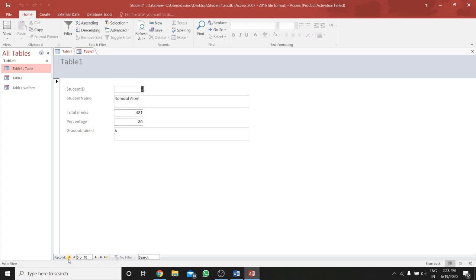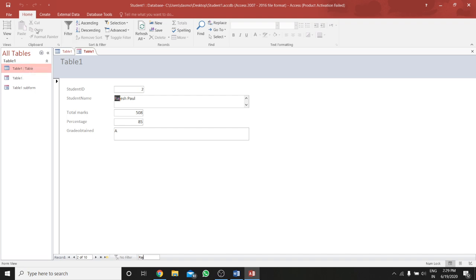You can see that by clicking on the status bar, one arrow is there. You can go forward. You can also search. Suppose I want to search, say, Rajesh. So already Rajesh has come. This is a search option also there. Search button. You can also search from it. So this is how we can create a form.